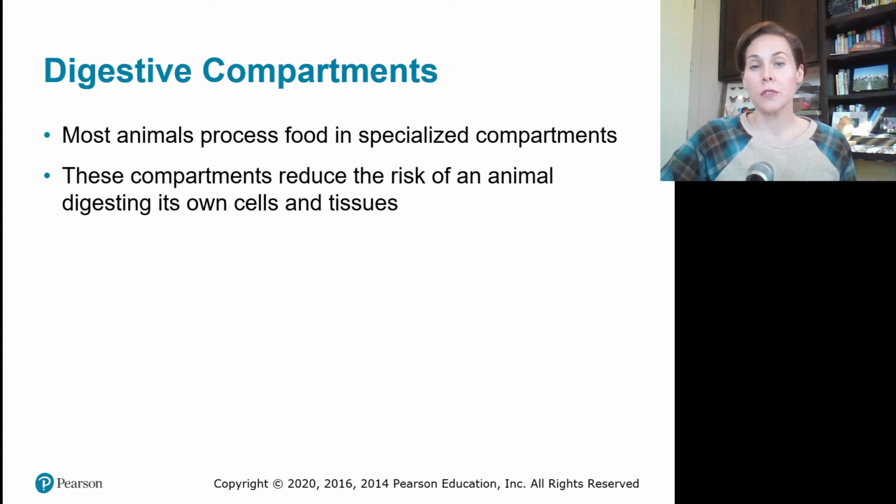Most animals process food in specialized compartments, and these compartments reduce the risk of the animal digesting its own cells and tissues. So you have a lot of mucus inside of your stomach. You have special cells. It's a special compartment so that those enzymes don't eat a hole in the stomach. When you don't have the right balance, that's when you get an ulcer and you do start to eat away